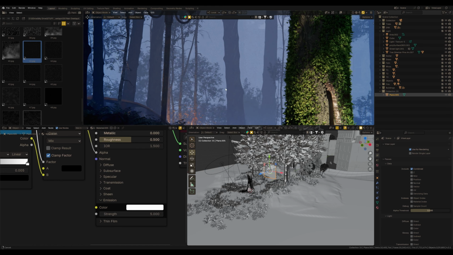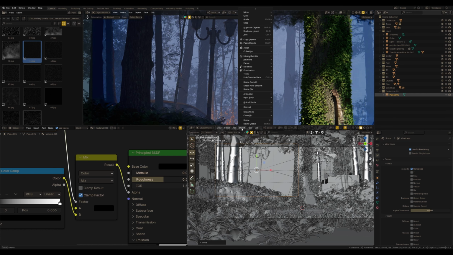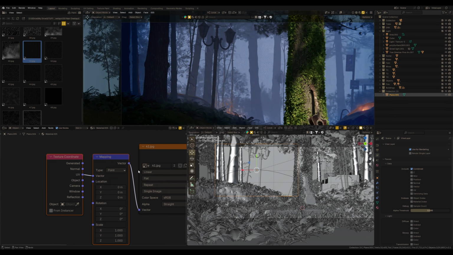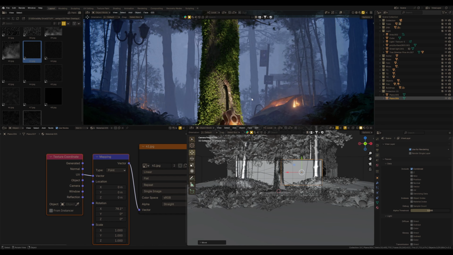I think it's nice. I'll scale the plane along the x-axis to cover this part of the scene, and I might also mirror this plane to rotate the rain in the opposite direction. By adding a mapping node to the rain image, I can adjust the rain's angle. Yeah, that looks good. I duplicate this plane to the opposite side of the composition, and this is really atmospheric. I love how the rain ties the whole artwork together.